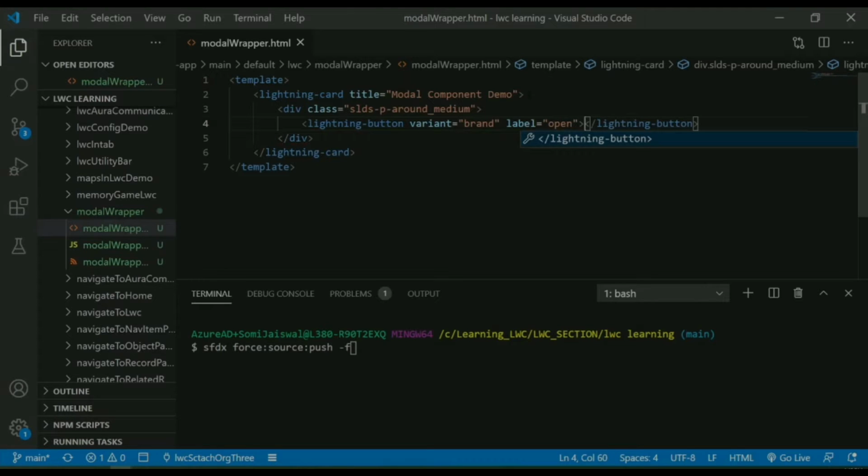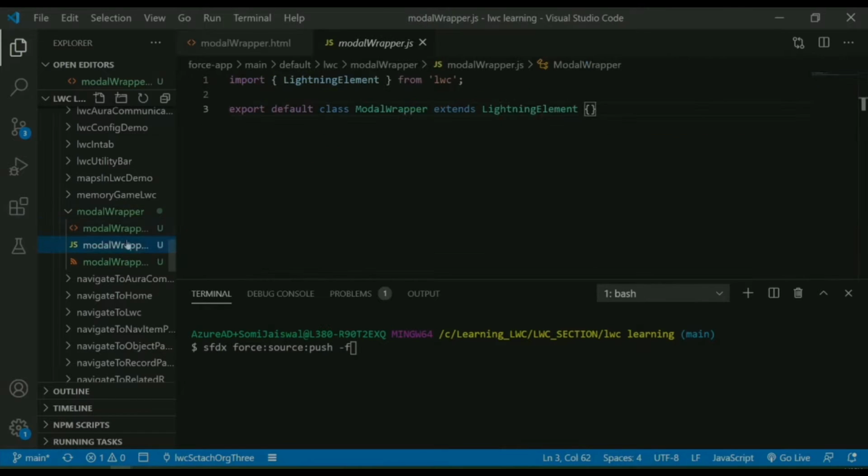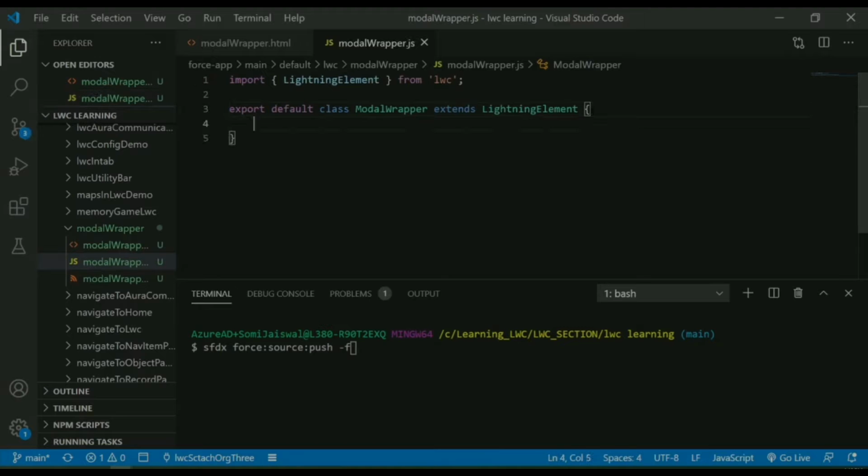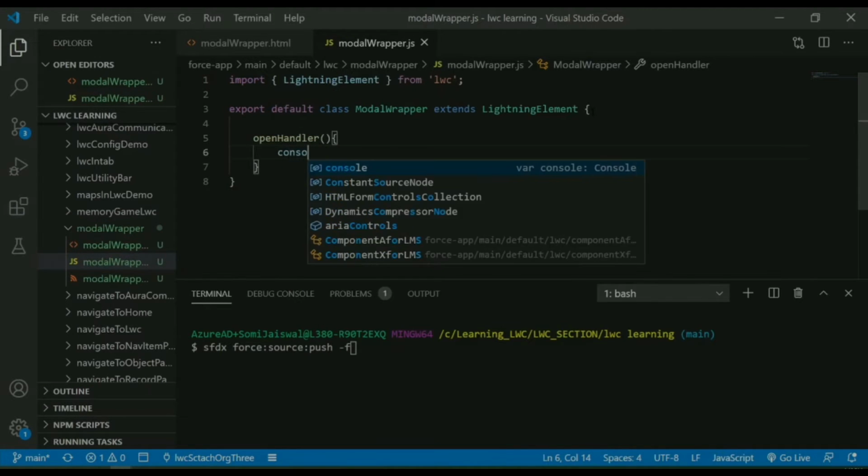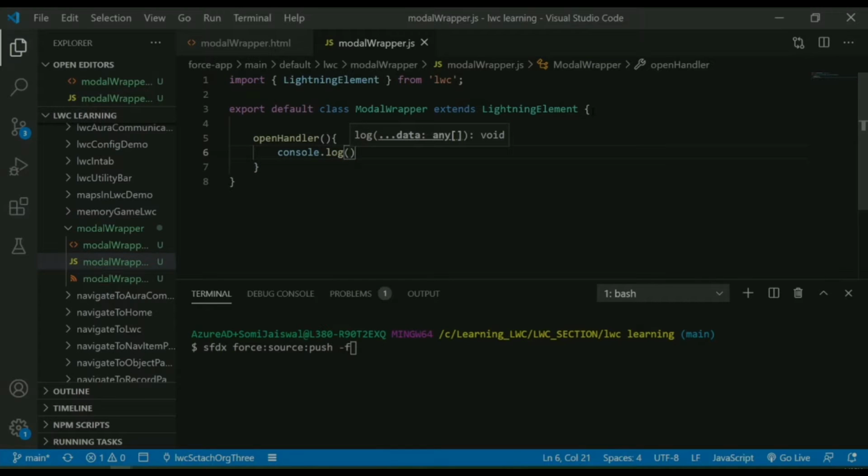Let's close the button and let's add one click handler as well. So we'll say onclick, we'll call open handler, and this method we're gonna create in the JS file. Let's come here, let's create this method. Say console.log clicked, and before deploying this, let's go to our